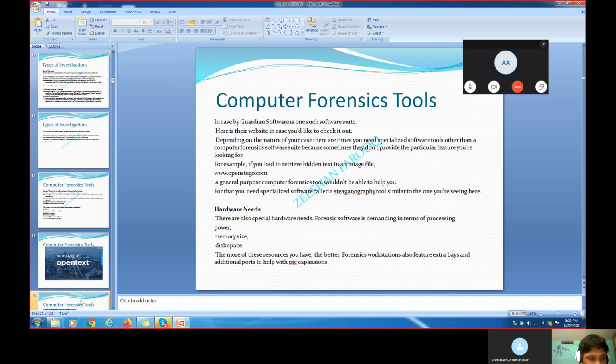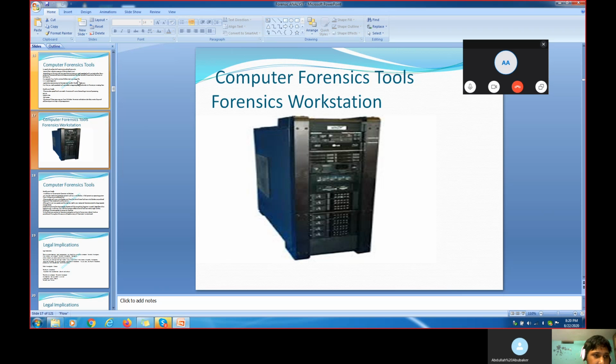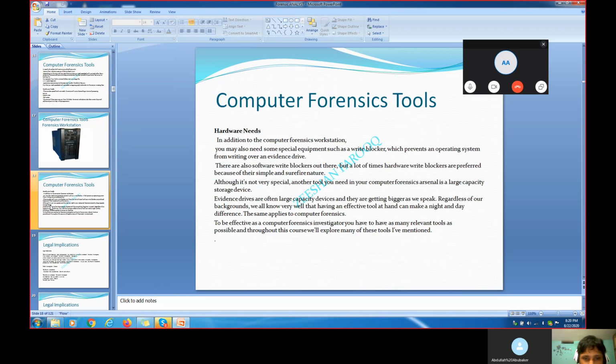The forensic analyst will know. So in a company, they will use one workstation called a forensic workstation, particularly to investigate. This tool looks like a server, a forensic server. How does a forensic server look? You see the example here on the screen. It will monitor completely. Now, when I talk about the hardware needs, additional hard